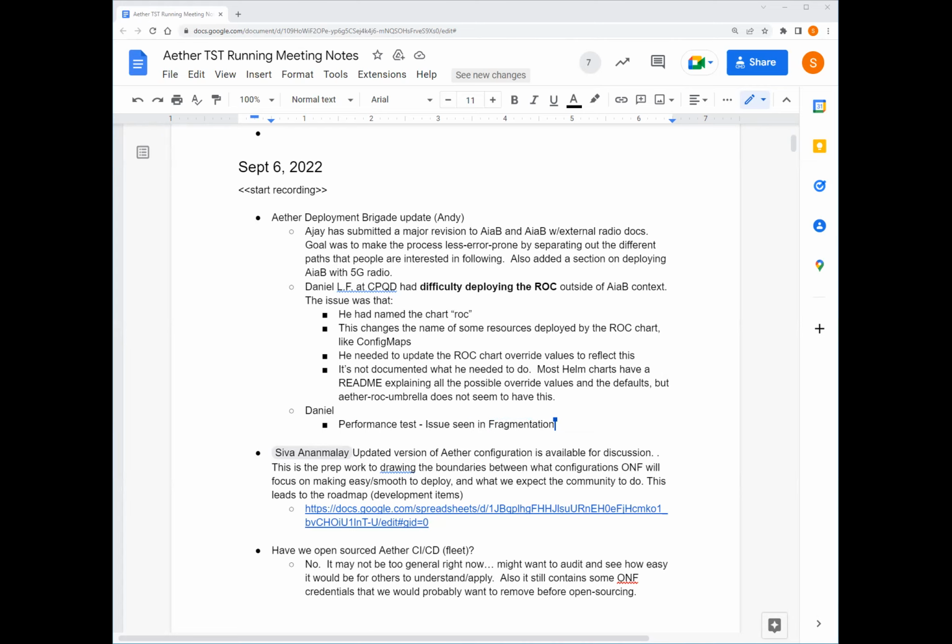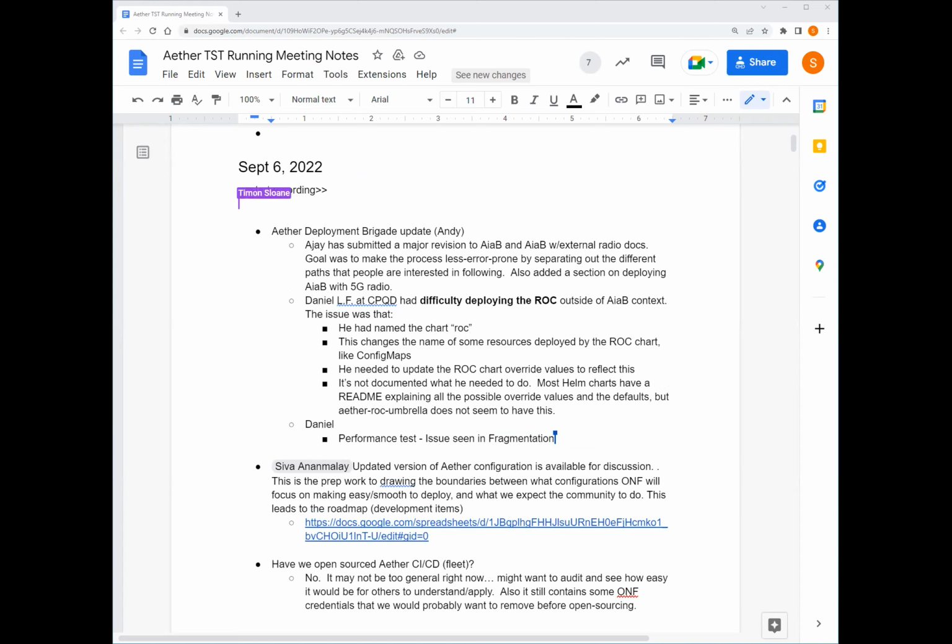You could argue that this shouldn't even be the case with the chart, that you would need to update the values file because you named the chart a particular thing. The chart itself should be smart enough to pick that up and make the changes needed internally. But failing that, it would be good to have some documentation about how to configure the rock helm chart. This seems to be a point of pain that a number of people are having, that the rock helm chart